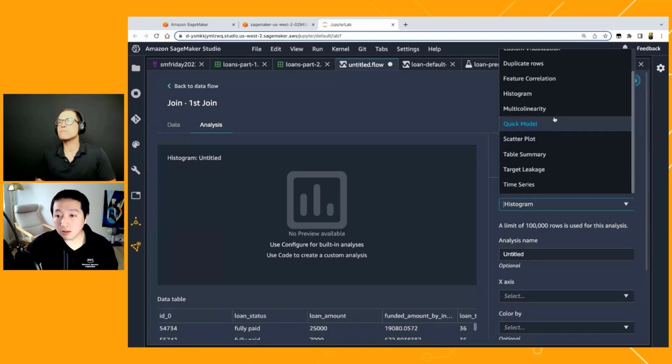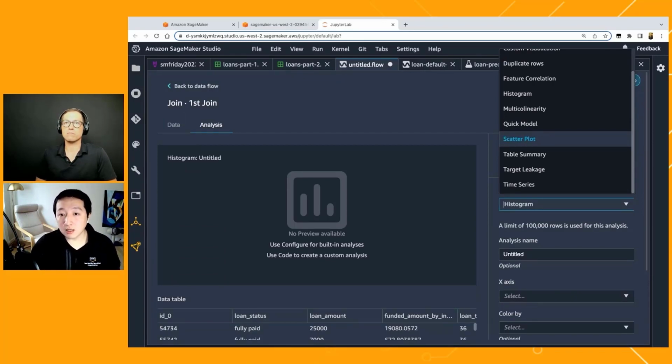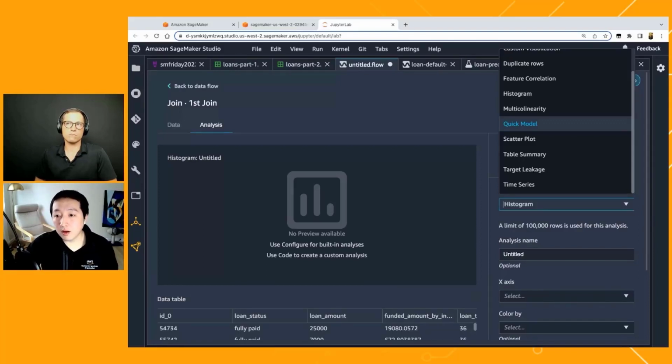And most importantly, I would like to point out the quick model. Data Wrangler also uses machine learning to look at your data and give you a sense whether your data set has any predictive power towards predicting the target variable, which is a very good first intuition for data scientists to start their data engineering or feature engineering effort.